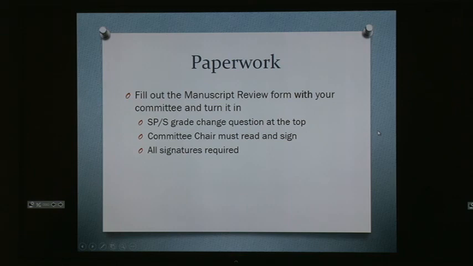At the very top of the form, it's a late add, so it's been squished in there up at the top, but it is a grade change question. It's kind of a long statement and then a yes or a no. Your committee chair needs to answer this. This is information I pass along to the program specialists, and the graduation office will not process your information unless this grade change has happened, so that's an important one to point out.